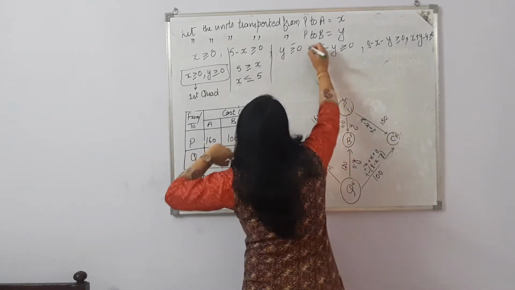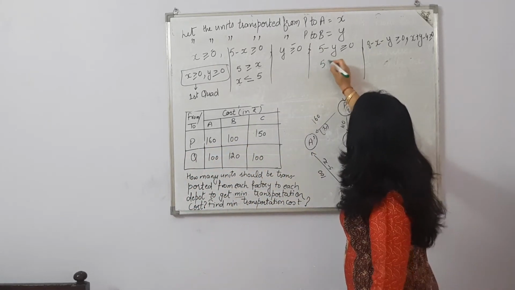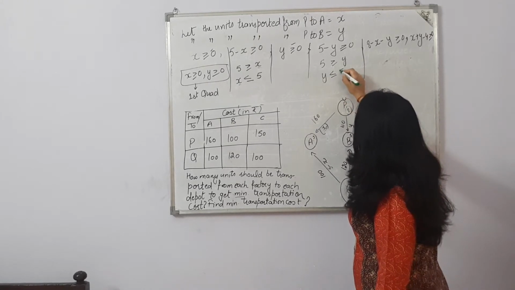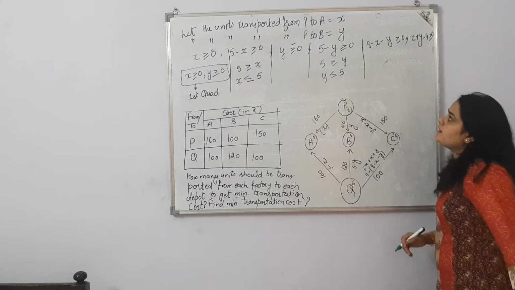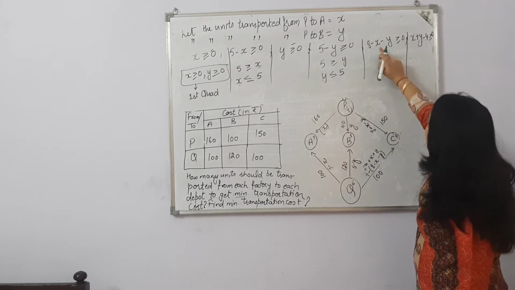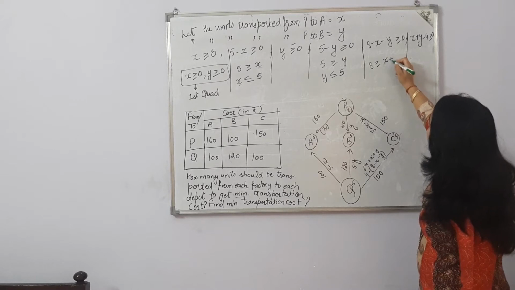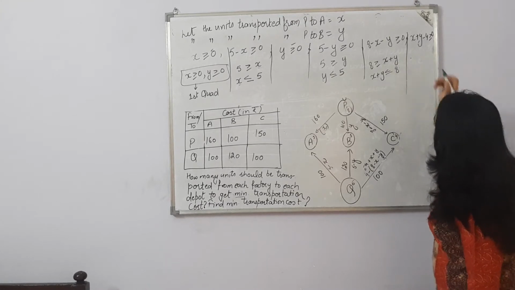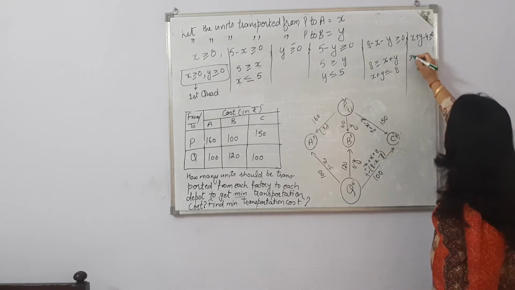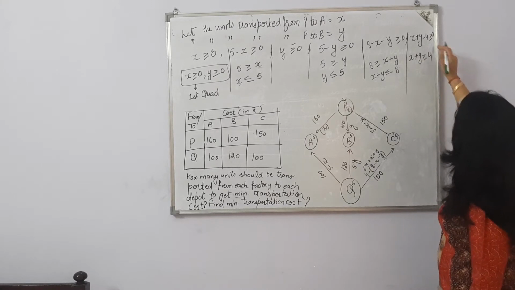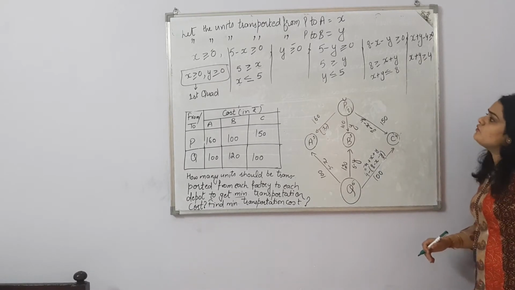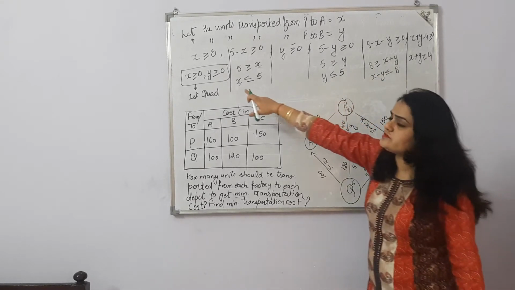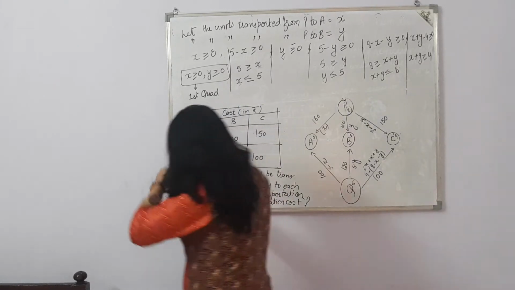Now another one is 5 minus y. Again 5 is greater than y, so here the mouth is closed for y. Another one is 8 greater than or equal to x plus y. So the mouth is closed for x plus y, which is less than or equal to 8. And here x plus y is greater than or equal to, this minus 4 will go to that side, then comes 4. Now we have 4 constraints: first, second, third and fourth. These 2 constraints are saying the shading will be in the first quadrant.